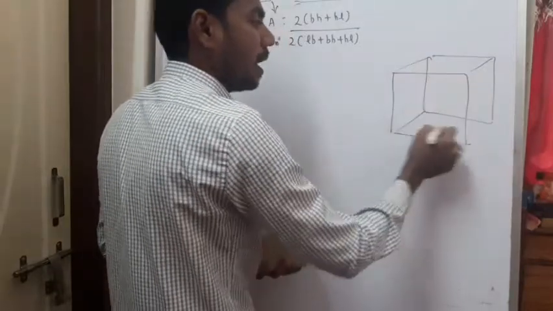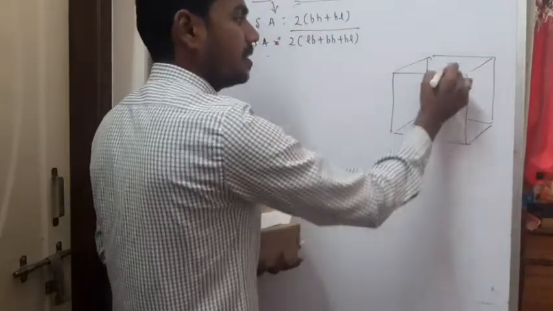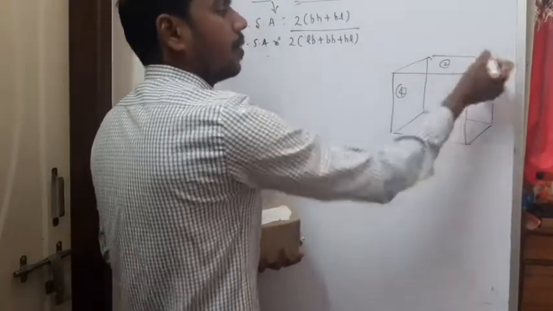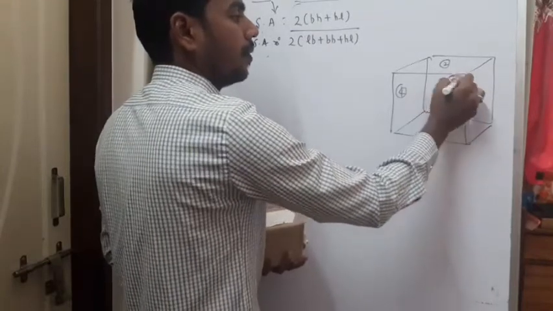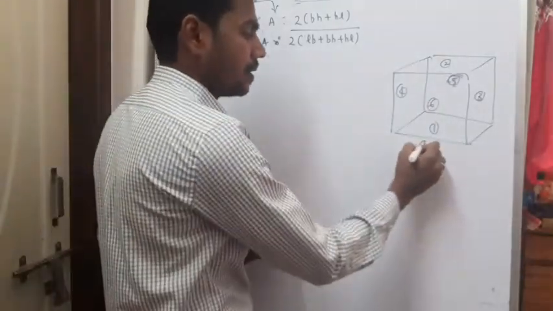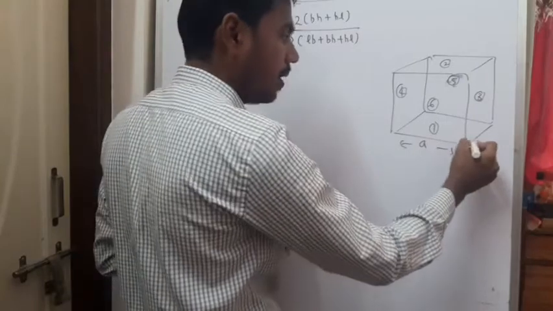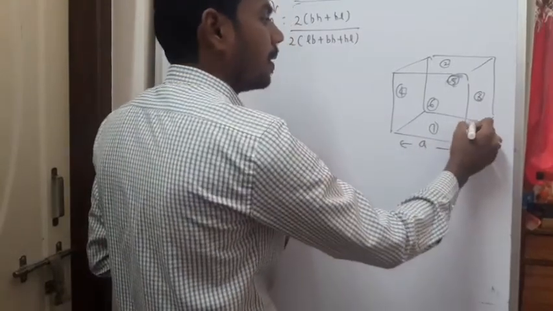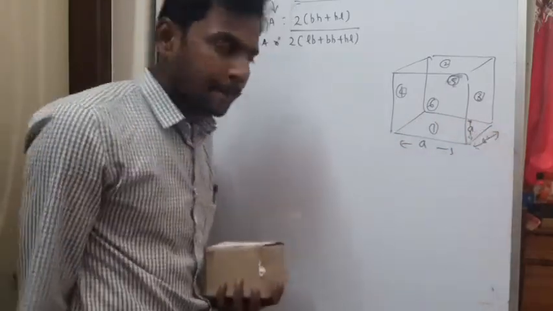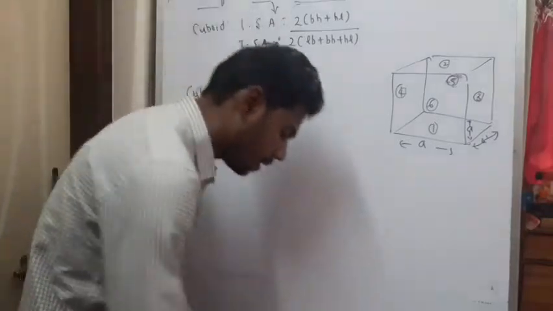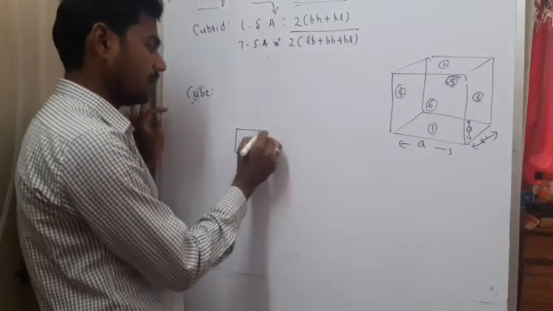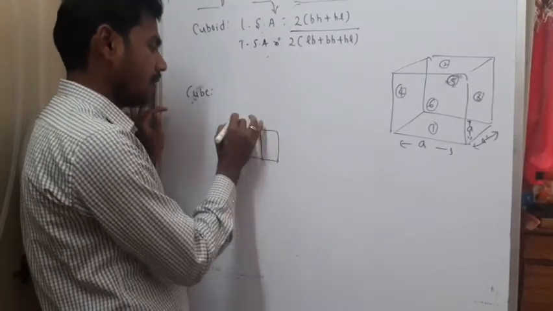How many faces will be there? Again 6 faces. So this is the bottom face, top face, and lateral faces. The third opposite is 4, the fifth face, and to this side the 6th face. Total 6 faces will be there. And length, breadth and height will be equal, say A. Okay, so again we'll write the structural figure. See, bottom face, lateral faces.